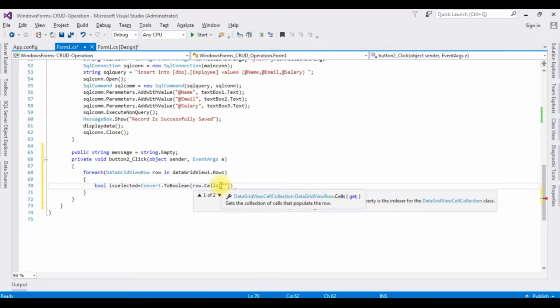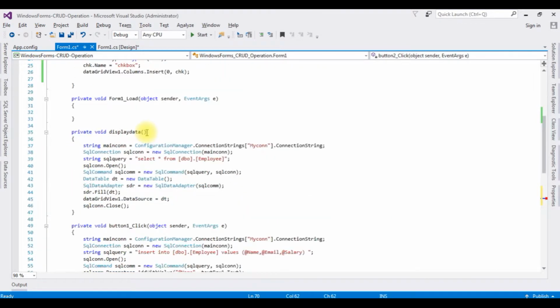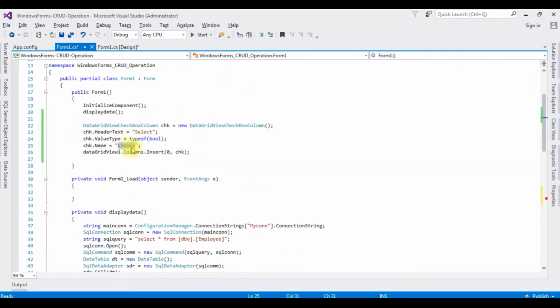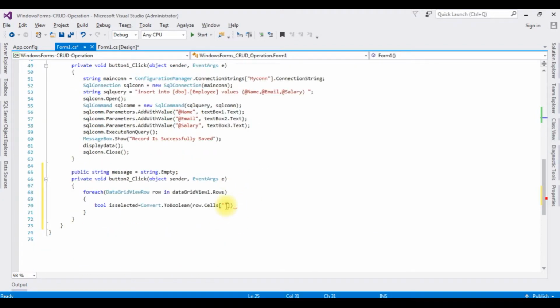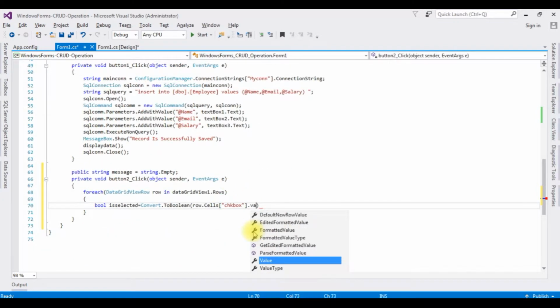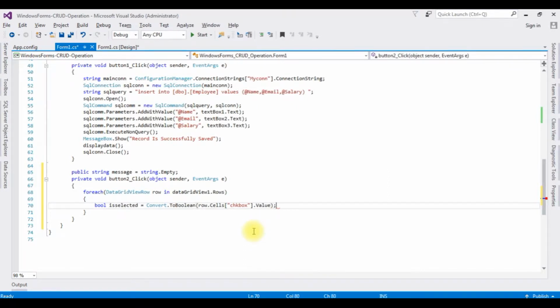Now inside the cells I am adding the checkbox name, .Value. If isSelected,